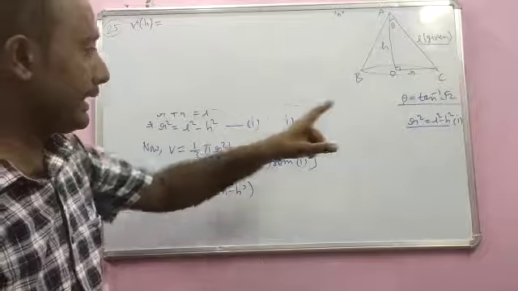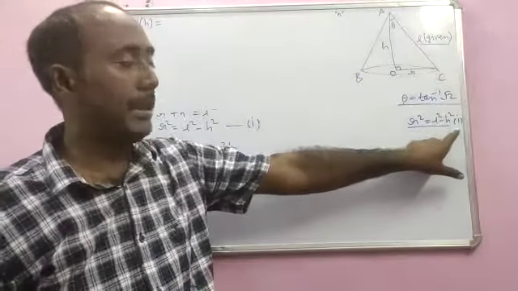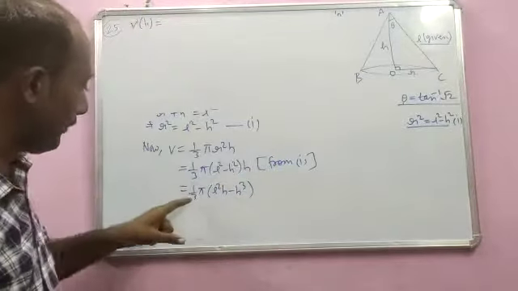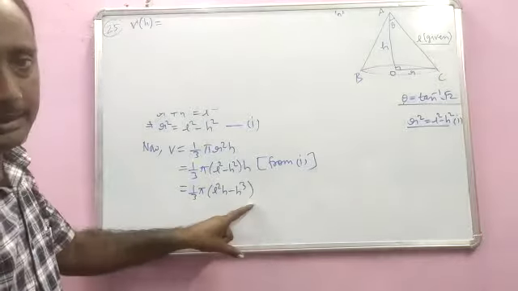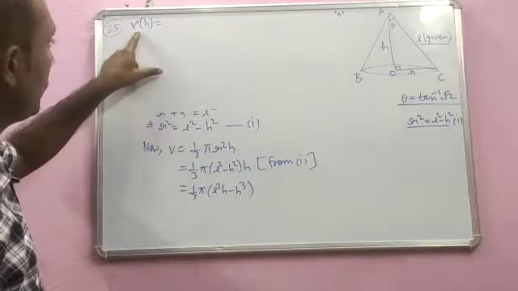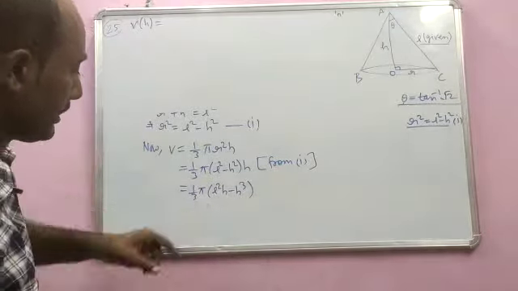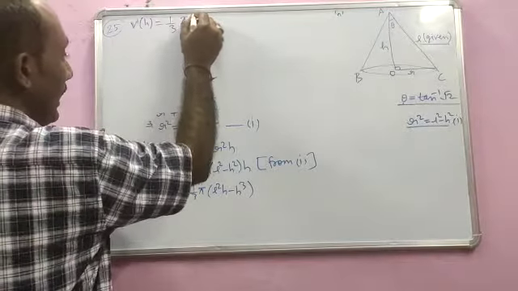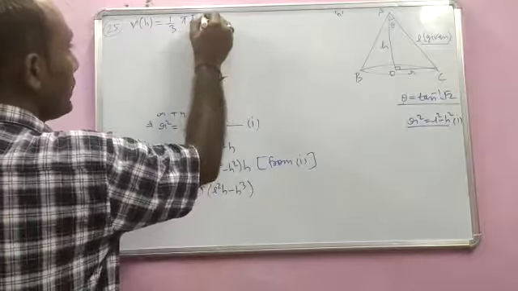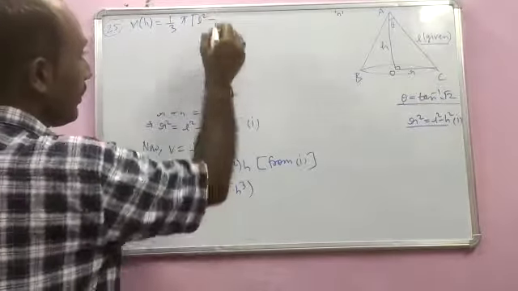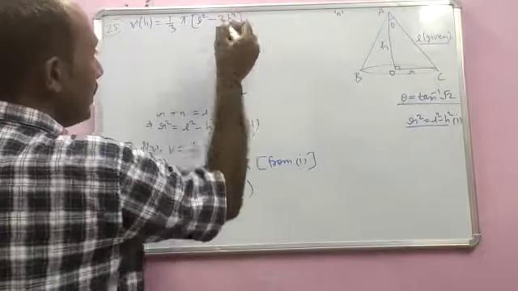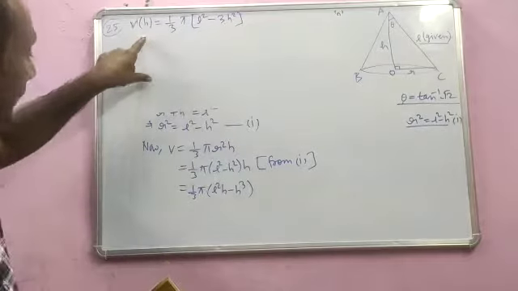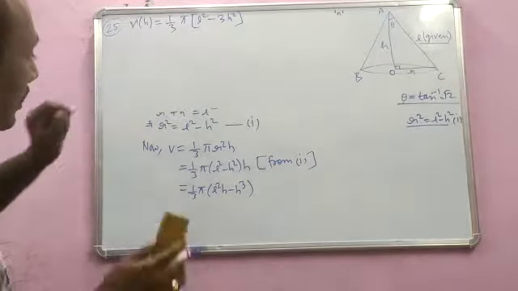So I have written this expression r square is equal to l square minus h square here, and the expression for v is here. So we will have to go for its derivative with respect to h because h is the variable. So it will become 1 by 3 pi, and for l square h, l is constant, so l square minus, and for h cube it is 3h square. So this will be the derivative of this volume function with respect to h.